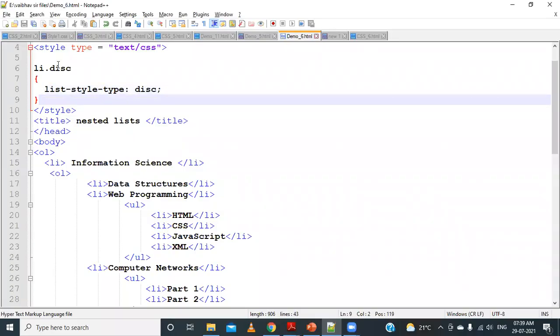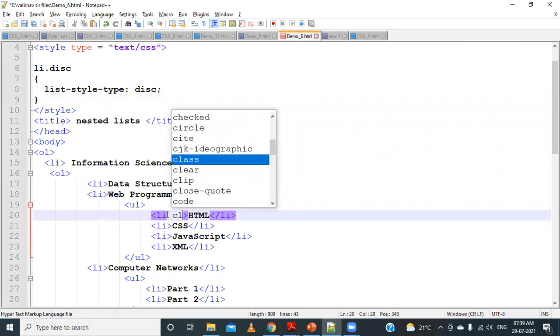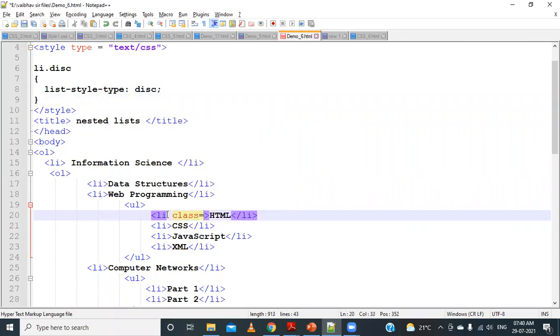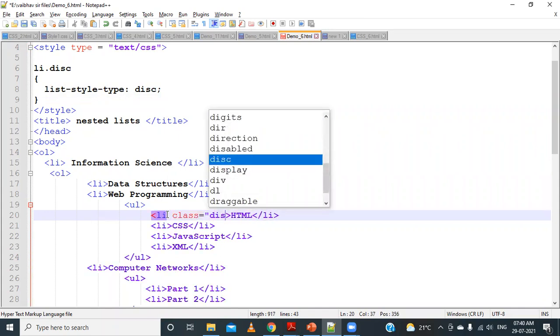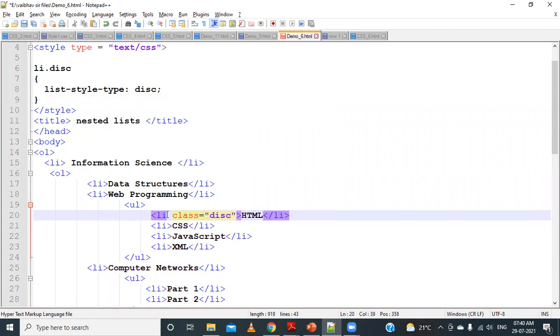So this is my document level CSS. I have taken a class selector li.disk and list-style-type equal to disk. Now if I want to apply this to list items, I will take li, then I will say class, and the class name I have given is disk. Then I will save it.